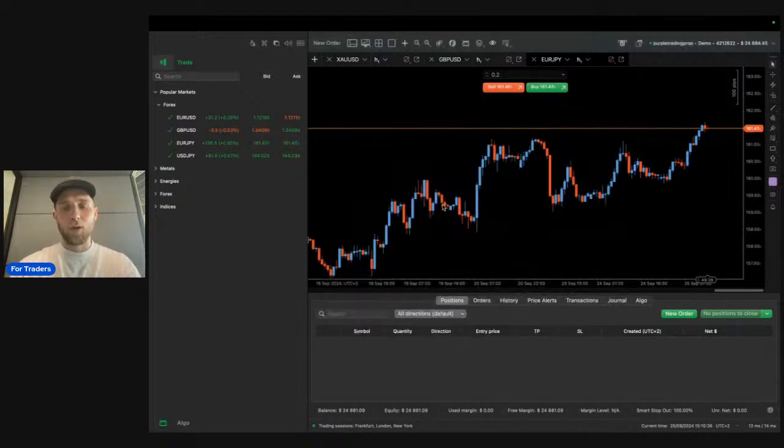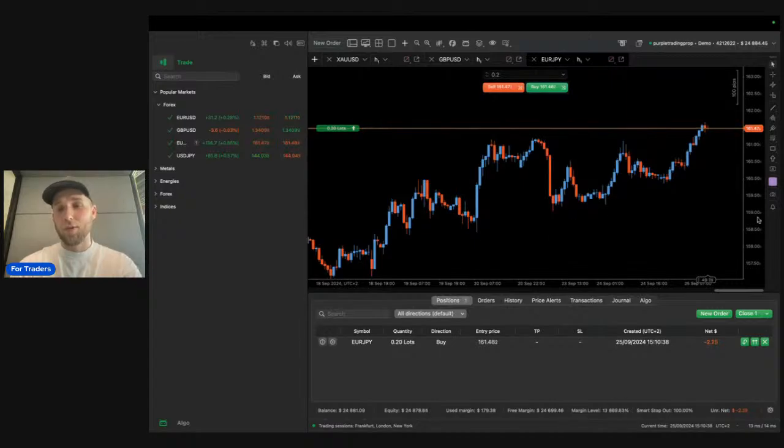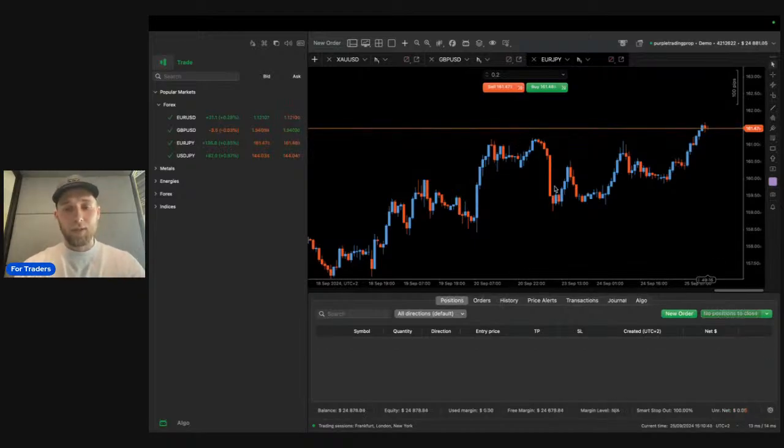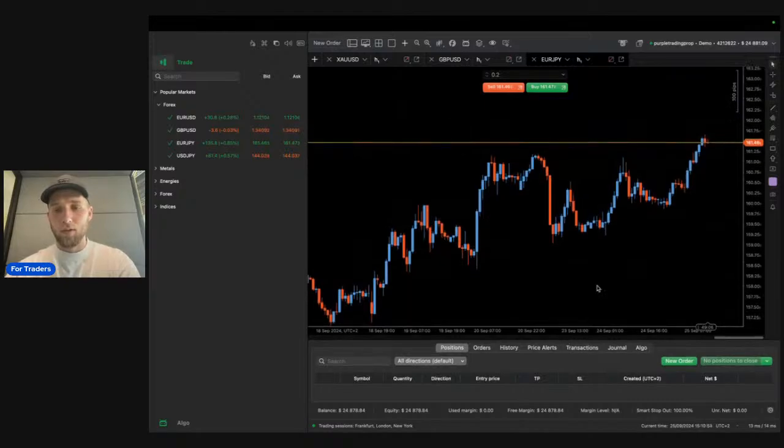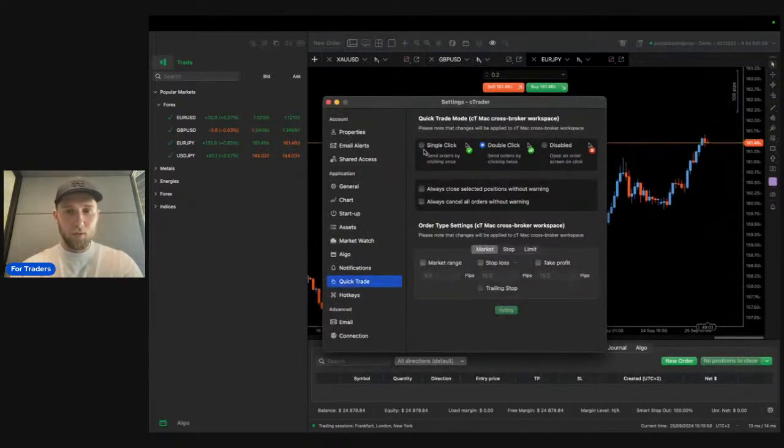So now if I want to enter the trade, I have to click 2 times before it lets me enter the trade. And then if I want to close the trade, I also have to click 2 times. So simple as that. If, for example, you don't want to see these buttons here because you're not going to probably use it, you can just put this on a single click,